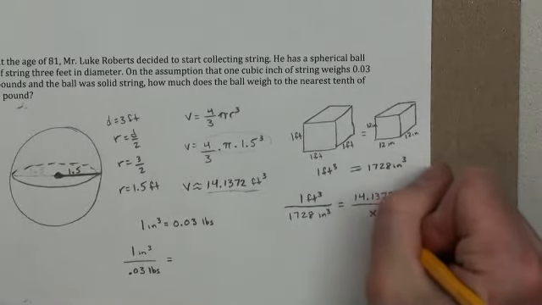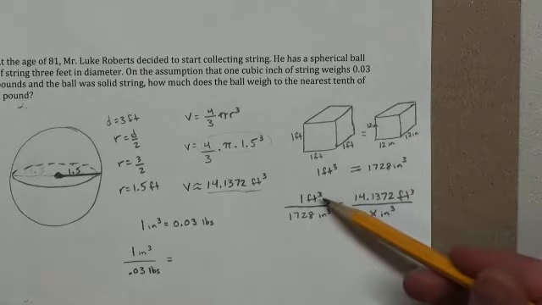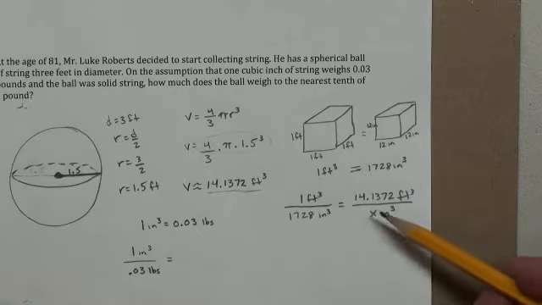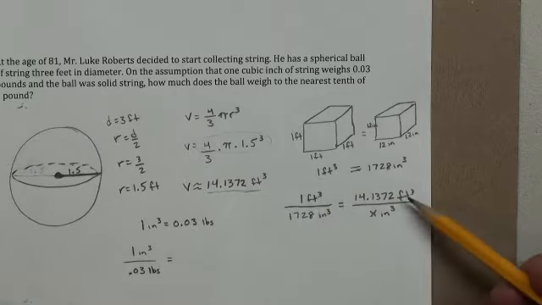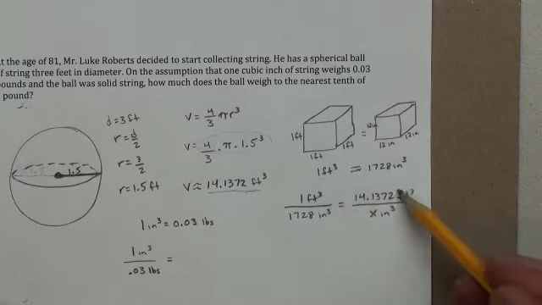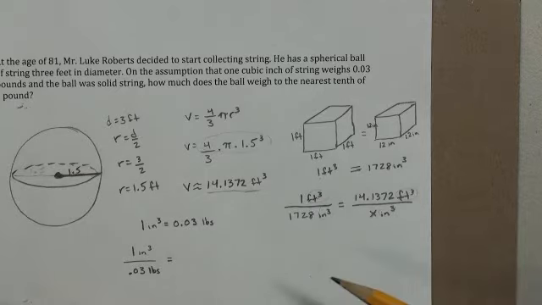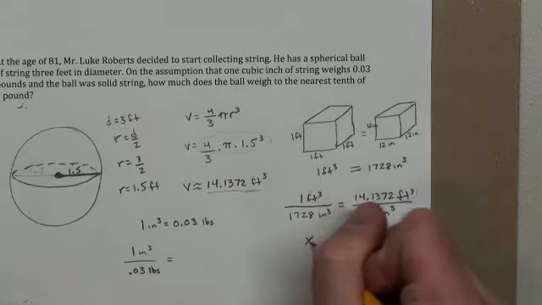So how many inches cubed? You see how we set up this ratio? It's always got to be feet cubed over inches cubed equals feet cubed over inches cubed. It has to be the same unit on the top, and the same unit on the bottom. Okay? So when I cross multiply, I get x